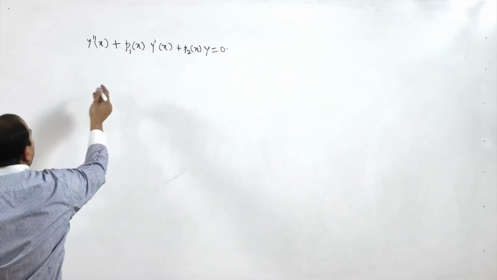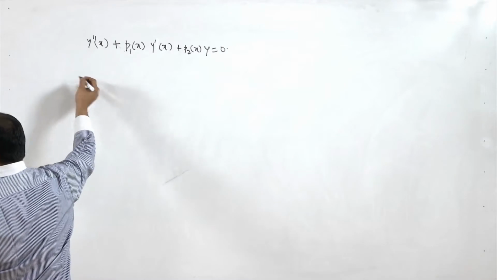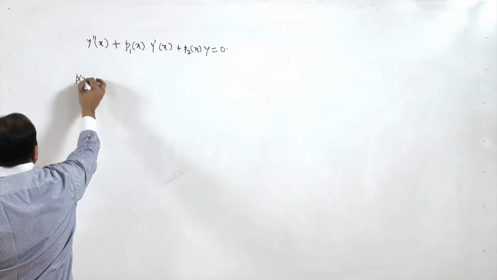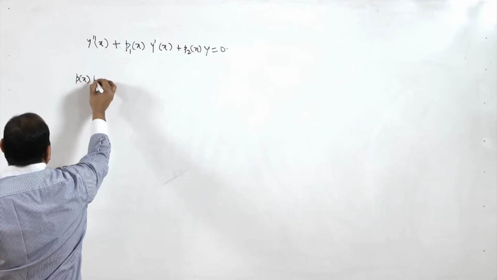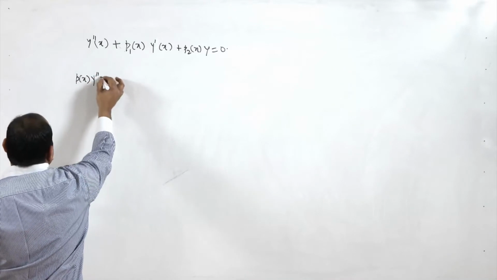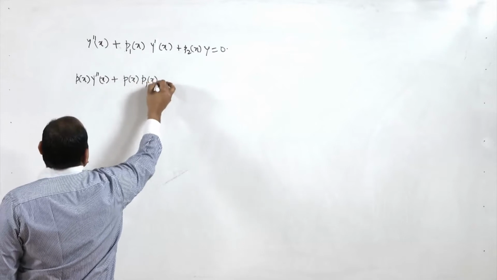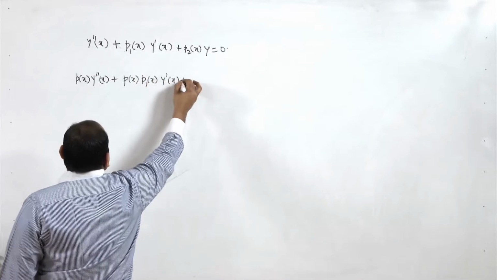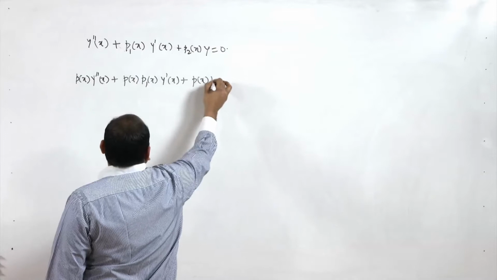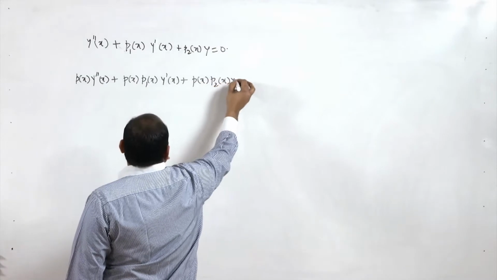Now what we try to do is multiply by some function, let us say p(x), the integrating factor. So p(x) y''(x) + p(x) p1(x) y'(x) + p(x) p2(x) y = 0,